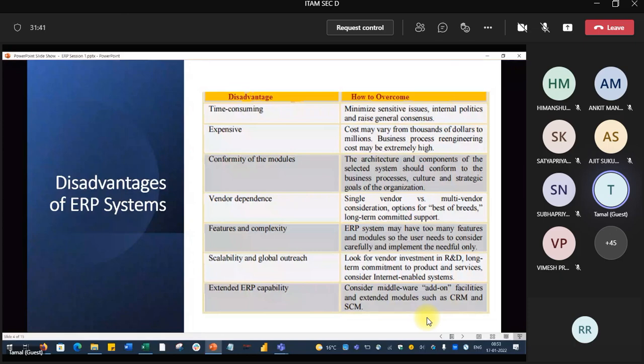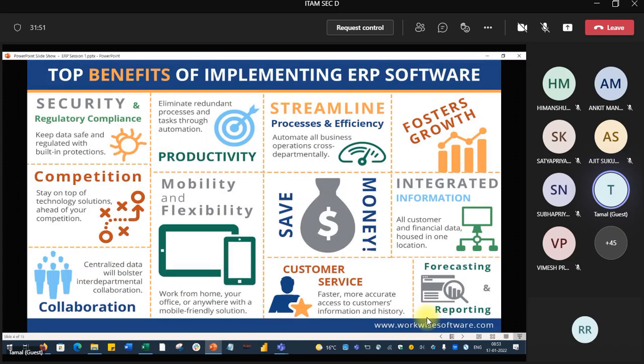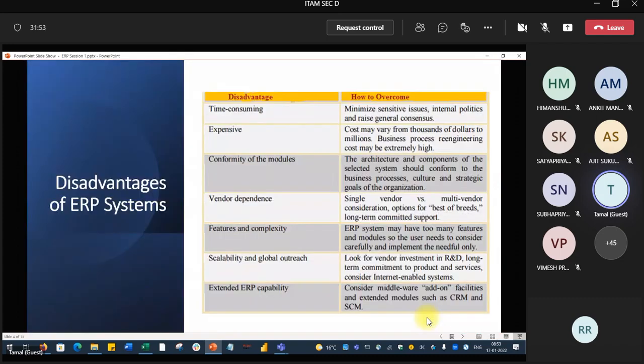And obviously, if you go with that, it is extra money. So these are the advantages, and these are the disadvantages. Definitely it is time consuming, and a good amount of money is required. So ERP implementation is a bit difficult to sell and a bit difficult to implement.